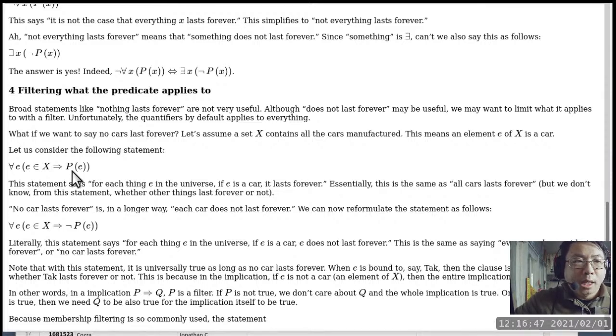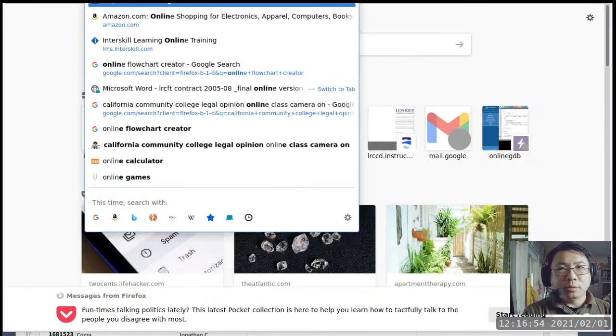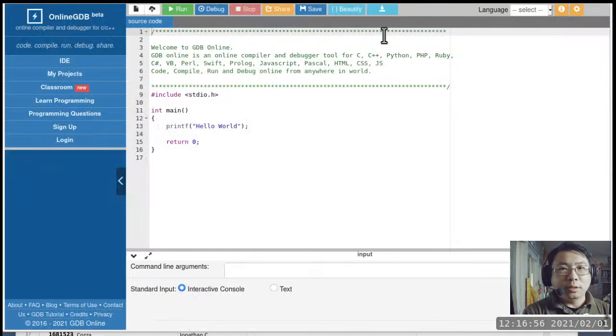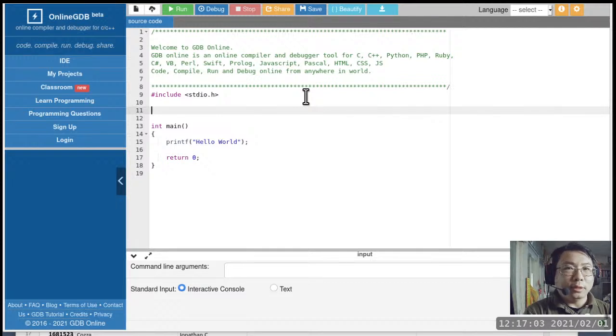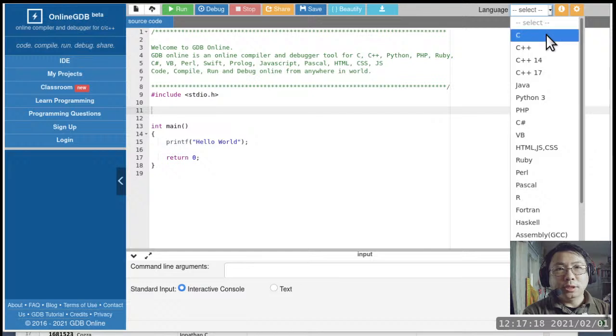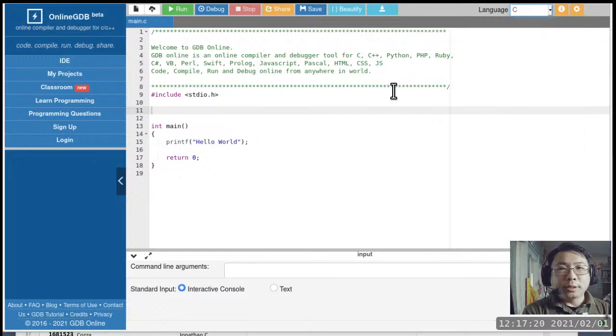All right. So if there are no questions, I am going to write a program which may make certain things more confusing because in a C program I cannot use the concept of a set. The first thing is I want to define P of X, which is a predicate, and returns a Boolean. But in C, not in C++, this is plain old C, there's no such type as a bool. So the closest thing I can get is just an integer. So I'm going to say int here.